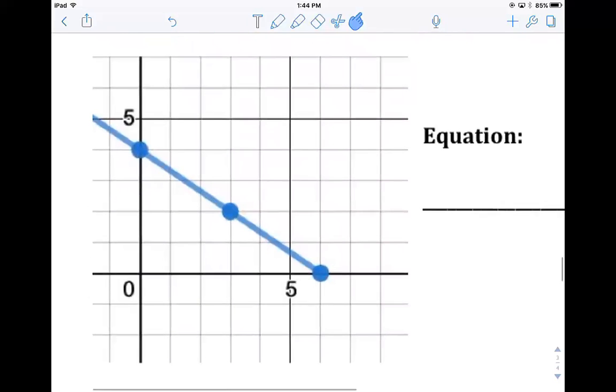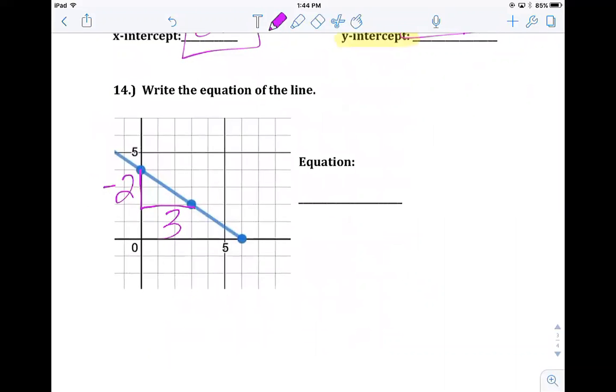And then number 14, we want to find our equation. So looking at 2 of our points, we can figure out we're going down 2 and over 3 blocks. So that will be y equals negative 2 over 3x. And then to find that y-intercept, we're looking to see where on this y-axis is our line crossing. And you can see it's at the number 4. So we have plus